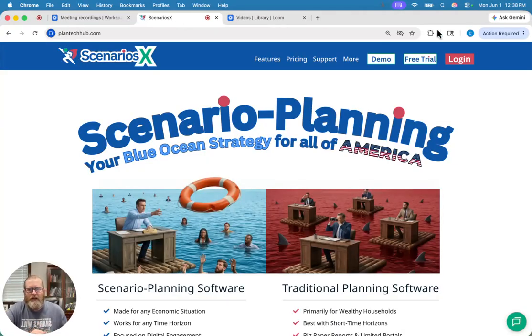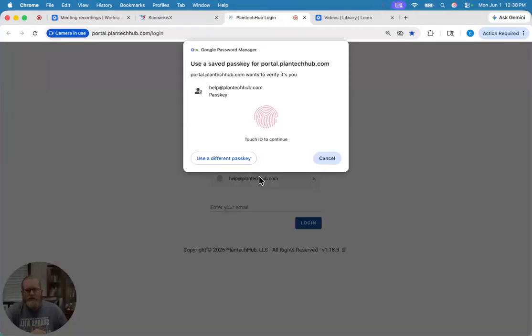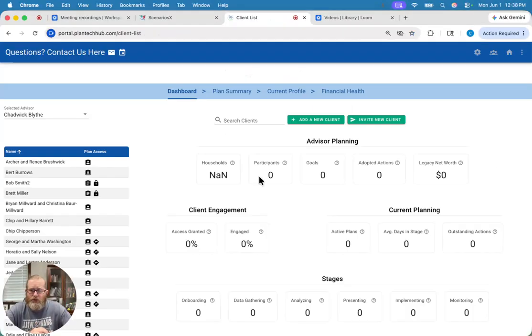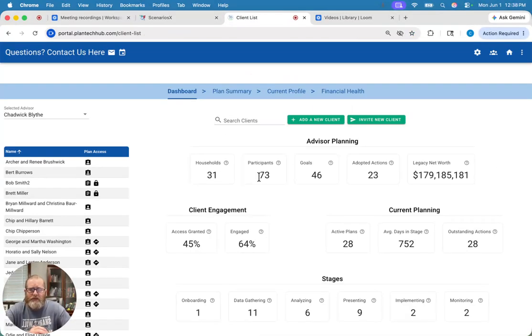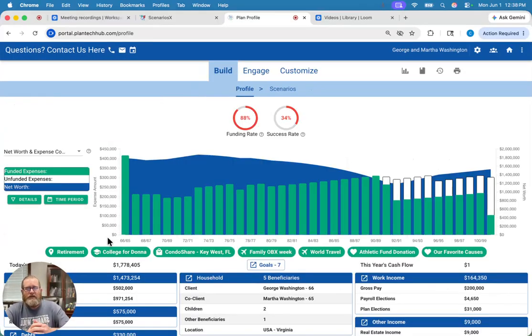Let's start by going into login, just like we normally do, choosing our account, and putting in our fingerprint, which in this case is our passkey that allows us entry into the dashboard very securely, but also very quickly. I'm going to pick out, as I normally do, our most patriotic client, George and Martha Washington. So I click on the profile button, which automatically takes me to their profile page